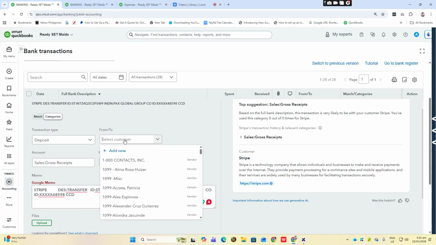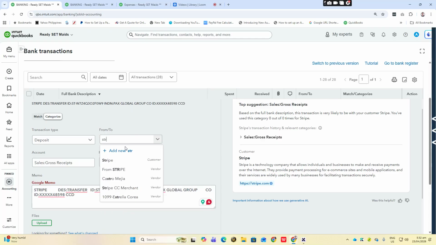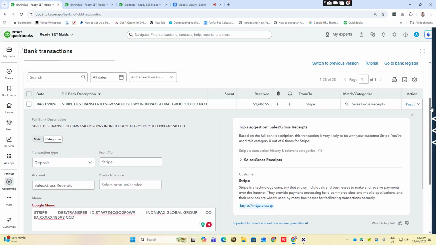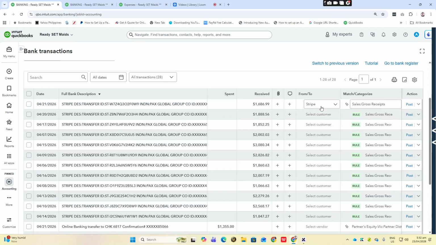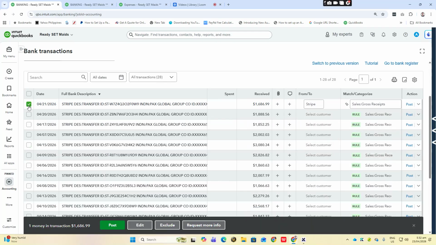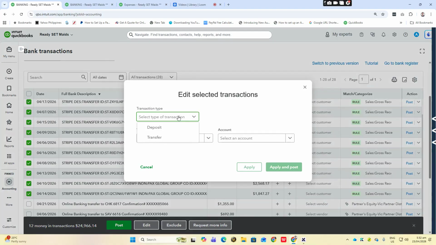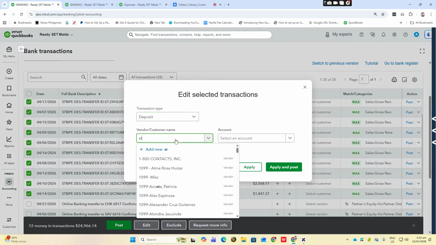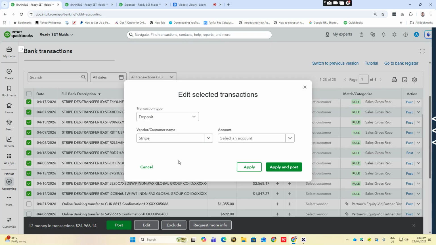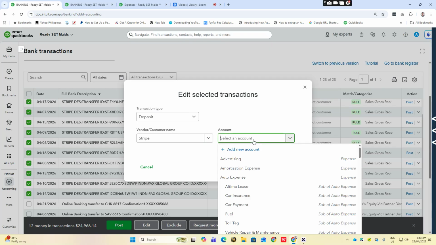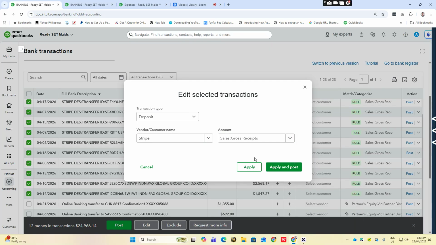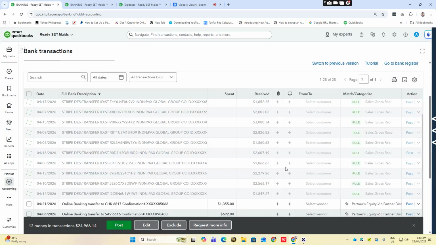This is Stripe. So Stripe, sales, gross receipts. Okay, so I'm going to check this one. And then shift. Okay, then edit. Deposit. Stripe. Then gross receipts. Okay, apply and post.